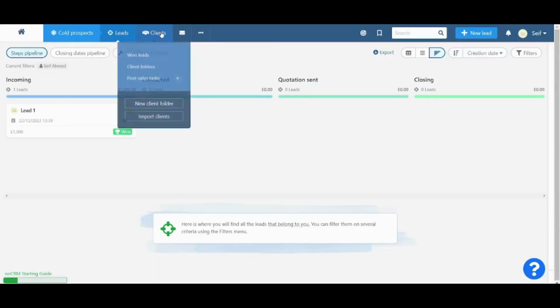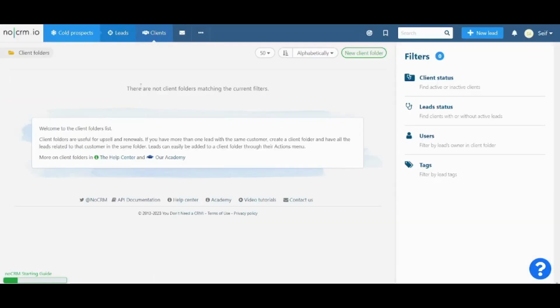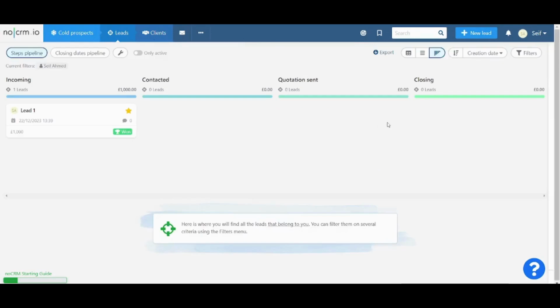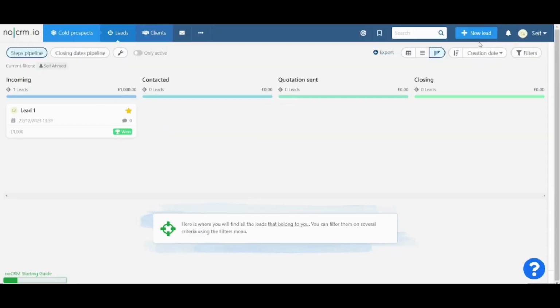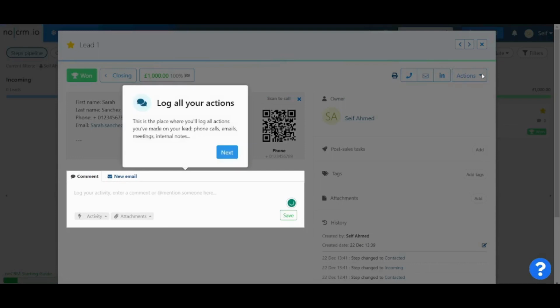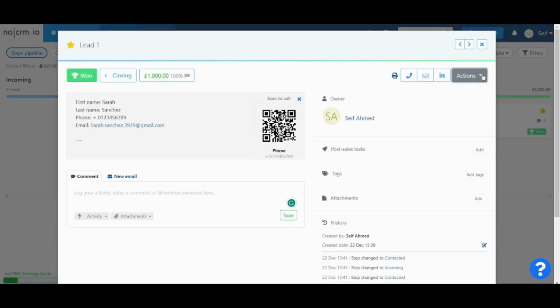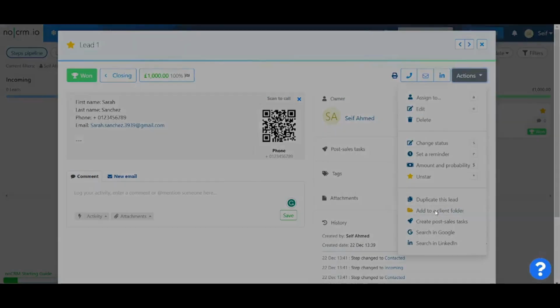If I go to clients, you will find that I don't have any clients. So if I go back to leads, I choose this lead, and of course I will have to make him in the closing here, and I will click on him, and I will go to actions, add to client folder,